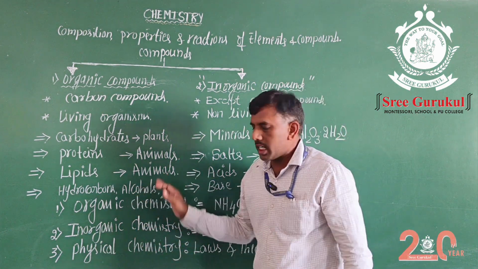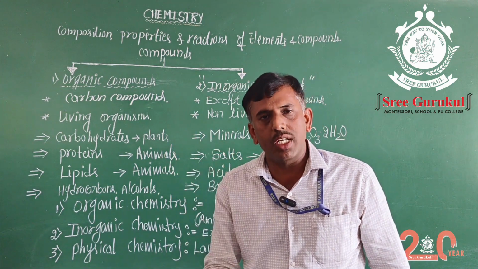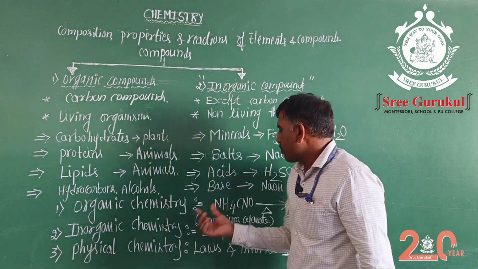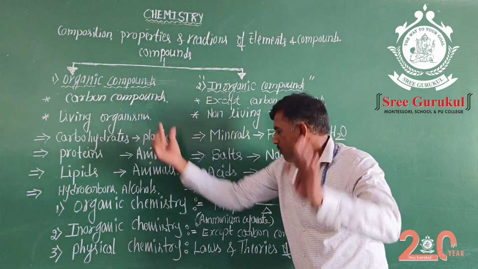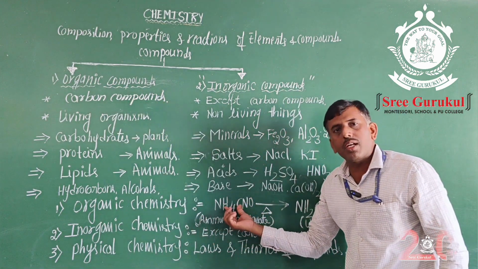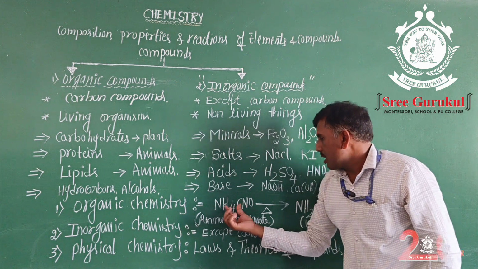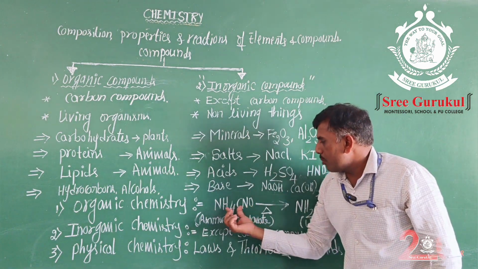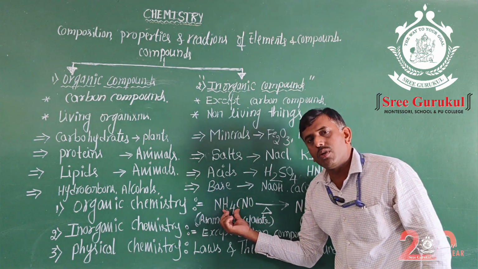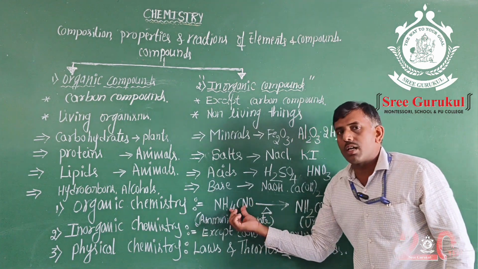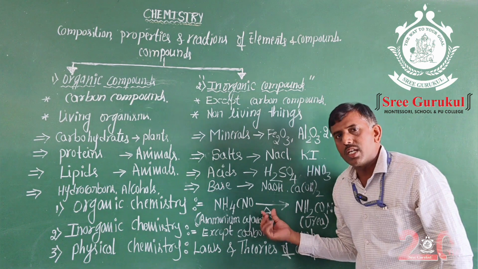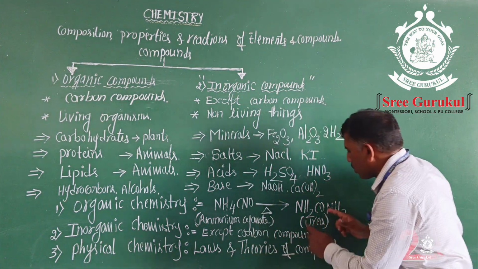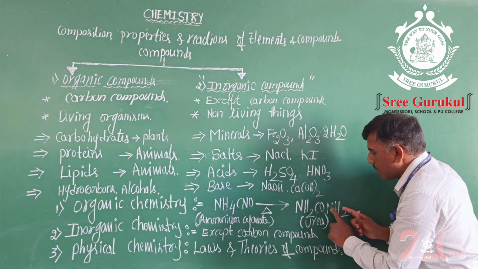Dear students, what is organic chemistry? It is a branch of chemistry which deals with the study of compounds of carbon, that is, organic compounds. Clear that point. The first chemical reaction of organic chemistry involves ammonium cyanate, which is an inorganic compound. This ammonium cyanate is heated for a few minutes. Rearrangement takes place to produce urea, NH2CONH2.